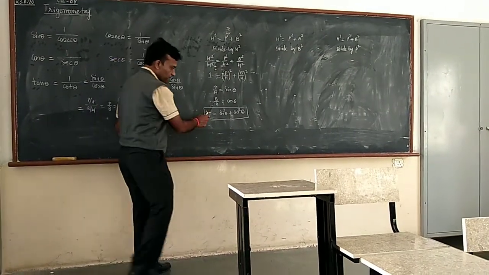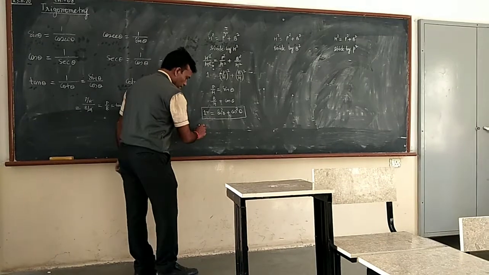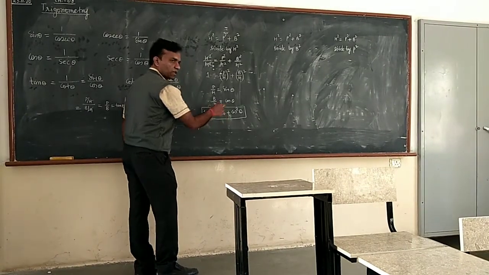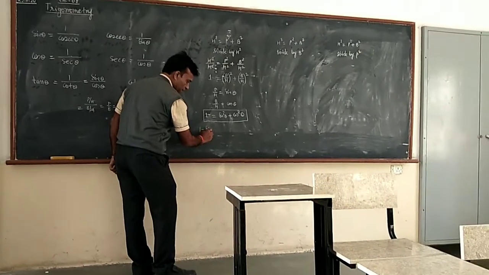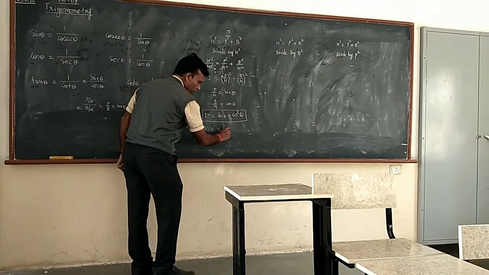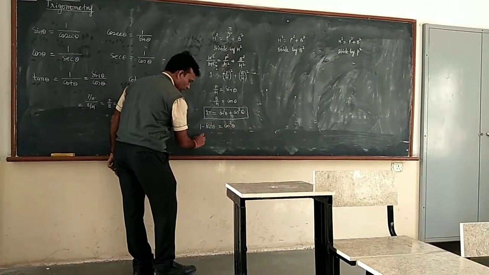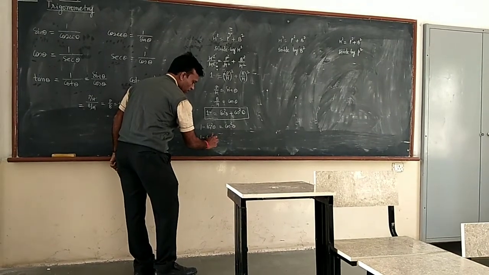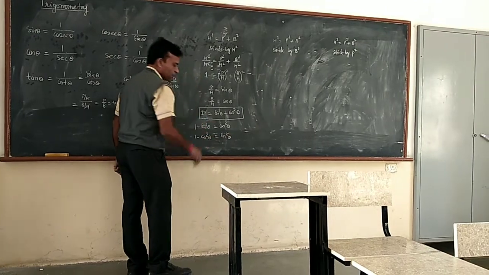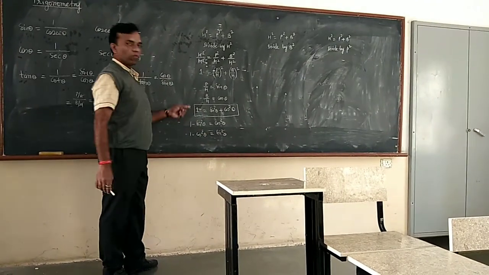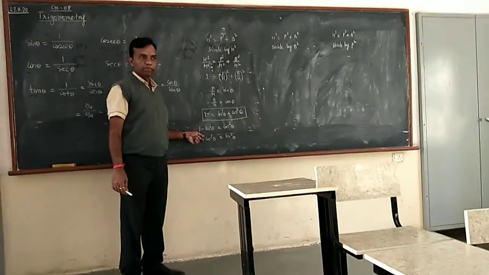With the help of this identity you also form 2. Now you replace the value like sin square theta on the right hand side, then you have 1 minus sin square theta, which is equal to cos square theta. Similarly, 1 minus cos square theta is equal to sin square theta. So with the help of one identity you can form 3.